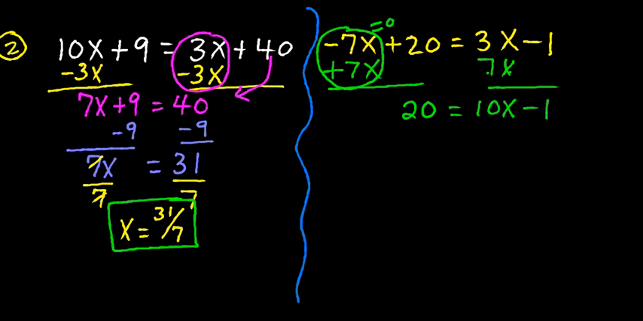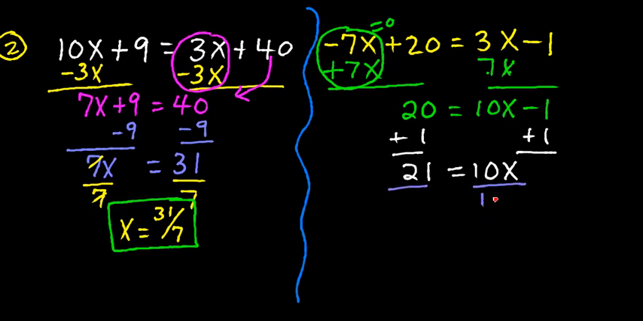All right. I can go ahead and add 1 to both sides. And that's 21 equals 10x. And I need to divide by the coefficient of the x, that's 10. And these two